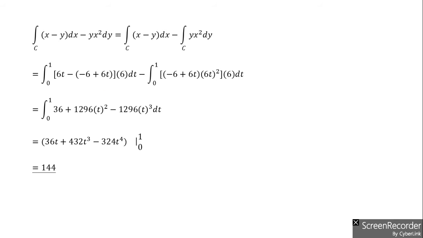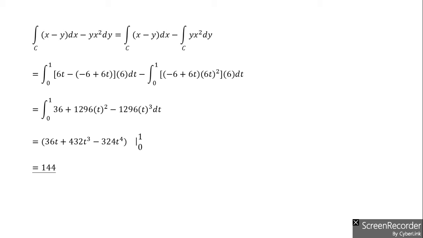Now, all we need to do is compute the line integral, and as usual, we will substitute x with 6t and y with -6 plus 6t. So we complete the calculation, and for the final answer we get